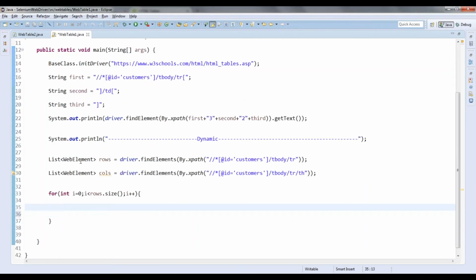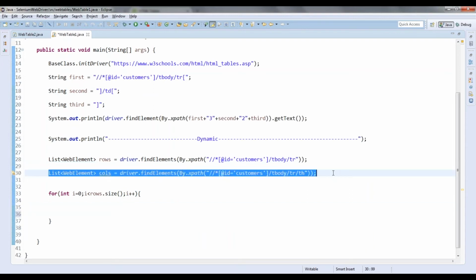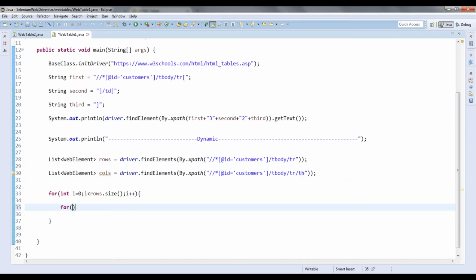Similarly, since I have to iterate two times, first through rows and then through columns, I will use one more for loop: for j equals 0, j less than columns.size(), j++.